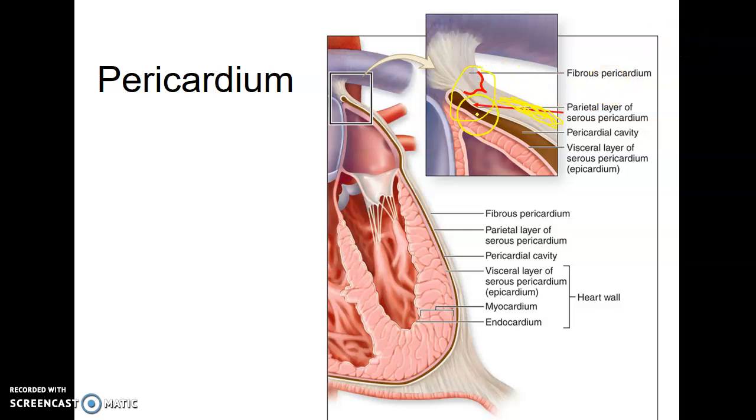Here's what we call the parietal layer of the serous pericardium. So the parietal layer of the serous pericardium is this layer right here. It's the outside layer of the serous pericardium. And then we're going to have our pericardial cavity in the middle, and then the inner layer. We've got the pericardial cavity in between, and then we have the visceral layer of the pericardium right here. It's called the visceral layer of the serous pericardium specifically,